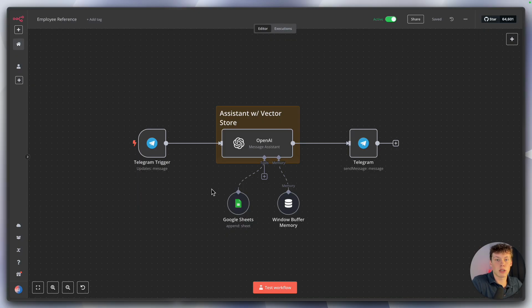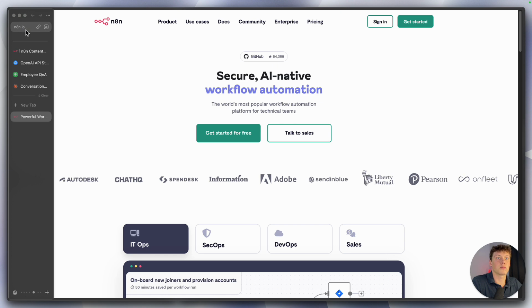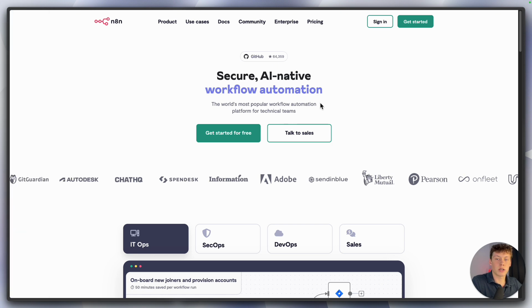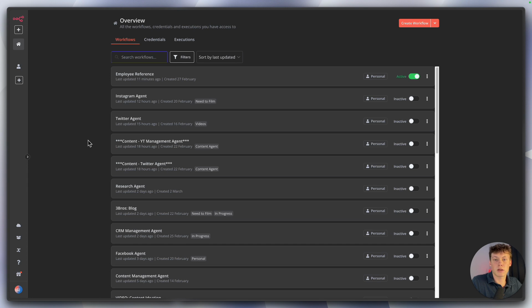So to actually get started building this for yourself, I have linked in the description a free template that you can download and actually import into your N8N account. Once you've downloaded that template, you can come over to a website called N8N. I believe it's n8n.io. You can see here. So you're going to create an account here, and then once you create an account, you'll be brought to this